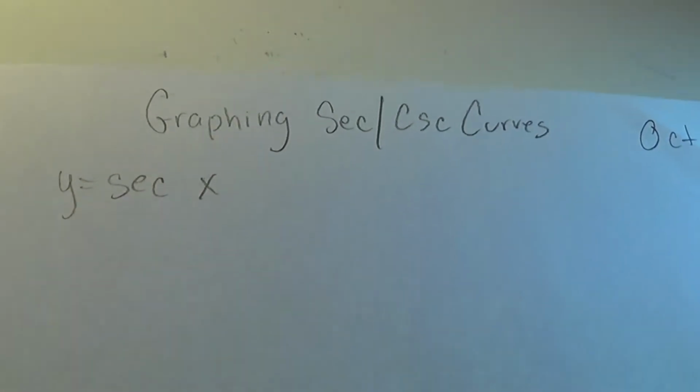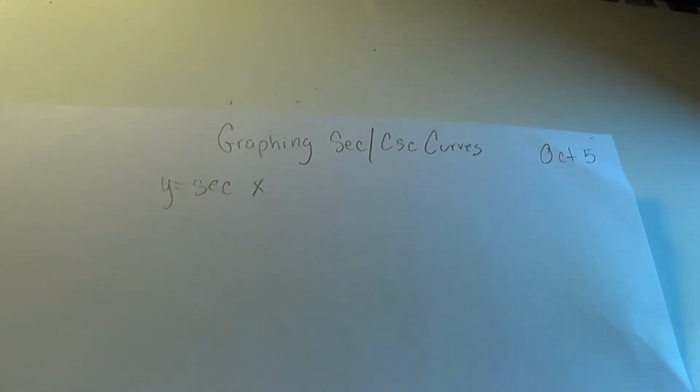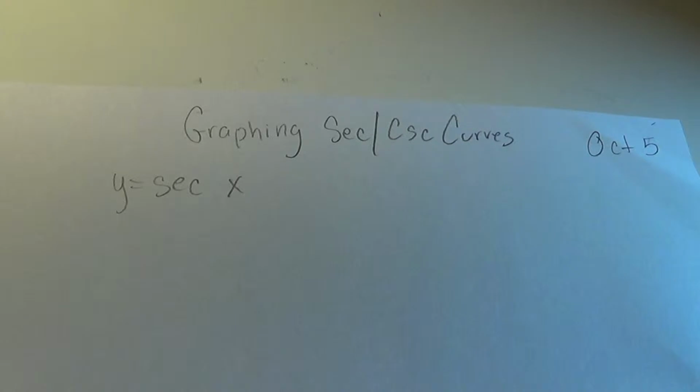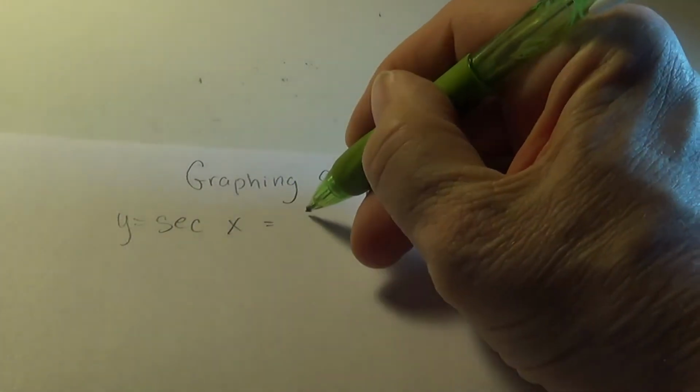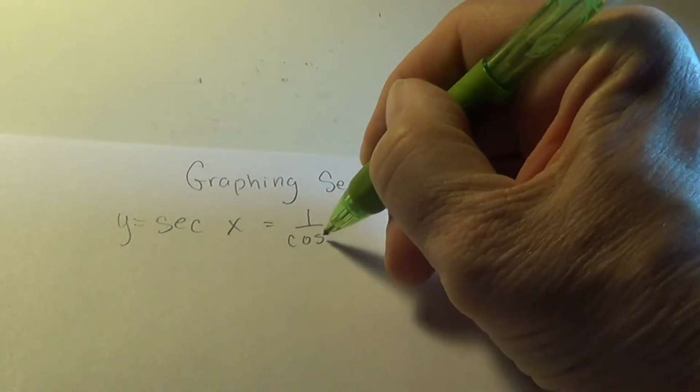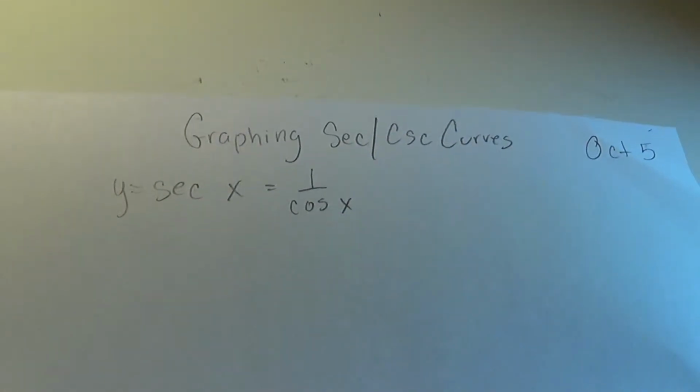I'm not sure what that is, but we'll look at that in class sometime to make sure we're all on the same page. Alright, so the key to graphing the secant curve is remembering that secant is equal to